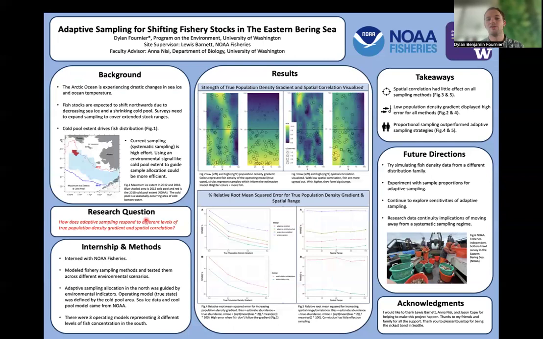So for my research question, I wanted to see how a sampling method like the one I just described would perform against some environmental scenarios. And I'll explain more about those environmental scenarios in a little bit. I did my research as a part of an internship with NOAA Fisheries. We modeled some adaptive sampling methods, and we guided point allocation using either the cold pool extent or the sea